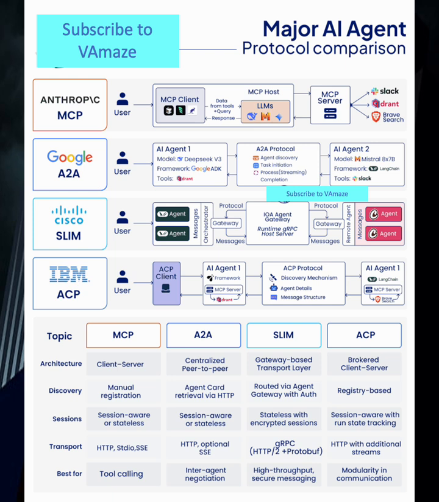4. ACP, Agent Communication Protocol. Overview: IBM's Comprehensive Agent Framework. IBM's Agent Communication Protocol, ACP, provides a comprehensive framework for both online and offline multi-agent communication, focusing on modularity, flexibility,